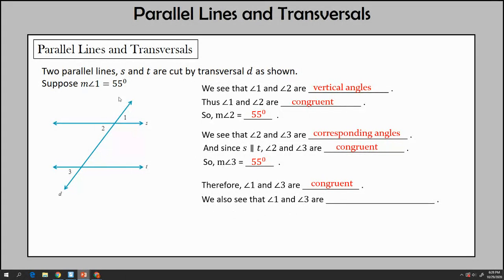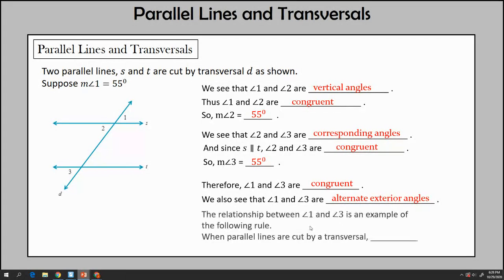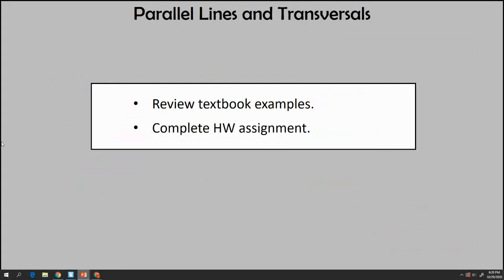We can also see 1 and 3 are what? How are these two related from our terminology? They are alternate exterior angles. So we know they're congruent. So the relationship between 1 and 3 is an example of what? Well, when parallel lines are cut by a transversal, alternate exterior angles are congruent. We just proved it. It's kind of a little proof there. Okay, so that's where we're going to begin with parallel lines and transversals. A lot of terminology there. Hopefully you wrote down some notes and you're ready to use those notes to help you with homework. The homework's on Alex, and I'll let you get